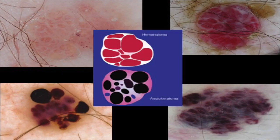Okay, so the features of vascular lesions is basically the lacunae. Stretch this a little further, right? If you actually had no blood in the lacunae, you would still see the spaces, intervening stroma, each discrete space. And what is that? It's a lymphangioma, yeah? So for example, lymphangioma circumscriptum, right? That would look like this. If you had a lymphangioma